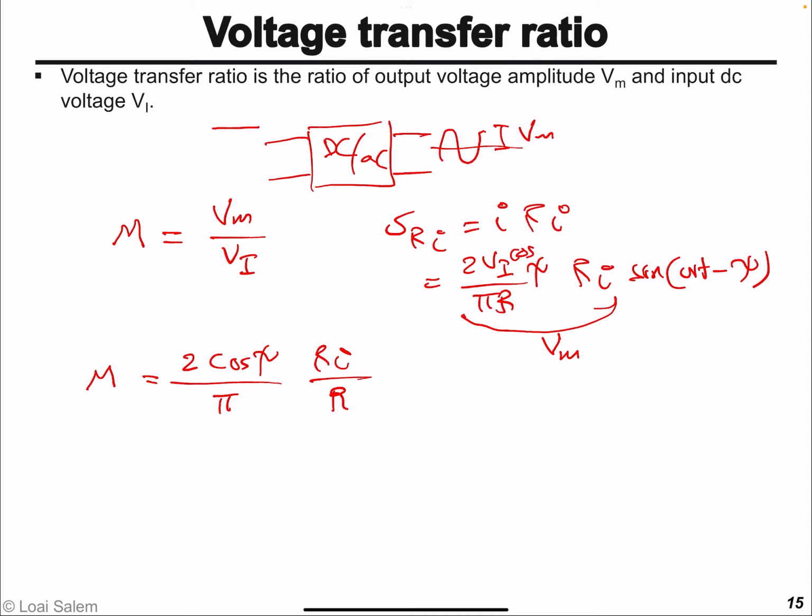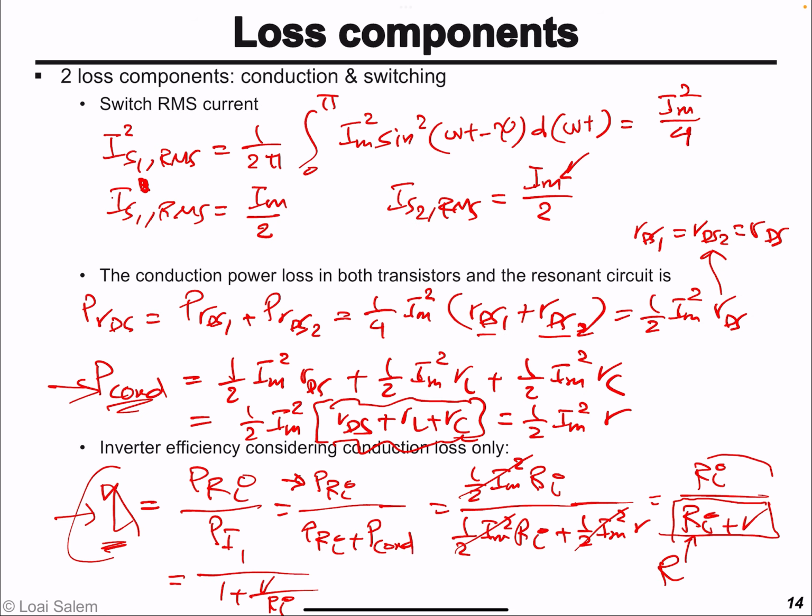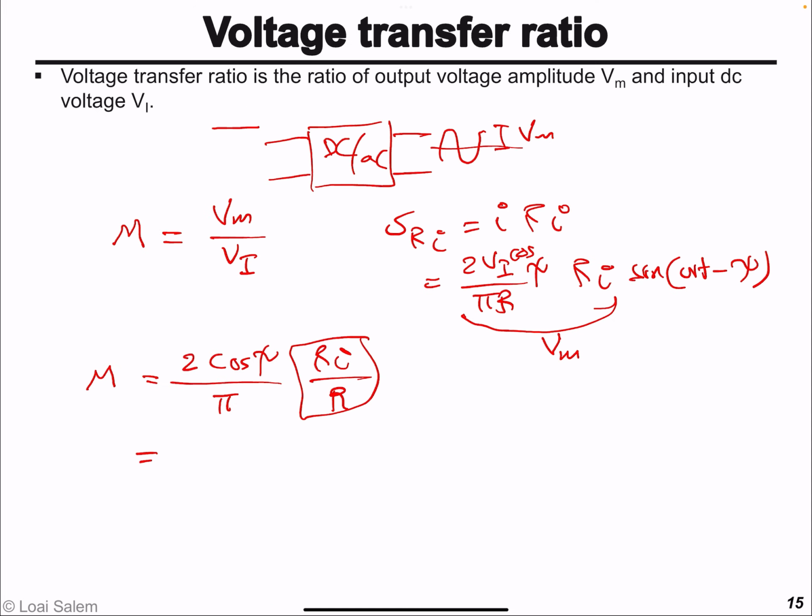And so this ratio, we just defined it in the previous slide as the efficiency of the inverter. And so we get 2 cosine psi divided by pi multiplied by the efficiency, M. Okay. So an interesting observation here,